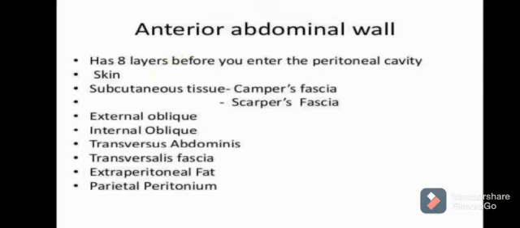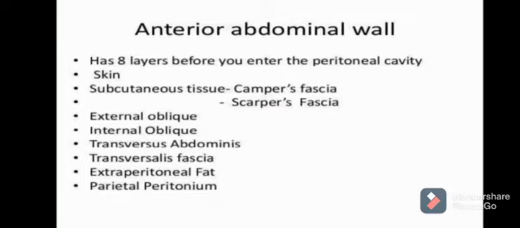Outermost we have skin everywhere in the body, and below skin there is subcutaneous tissue. But the thing about the subcutaneous tissue of the anterior abdominal wall is that it has two layers. The superficial fatty layer, Camper's fascia, in this layer there is fat, and then we have the membranous layer which is called Scarpa's fascia. And yes, the thing to remember is that you can appreciate these two layers of superficial fascia below the level of the umbilicus, not above the level of the umbilicus.